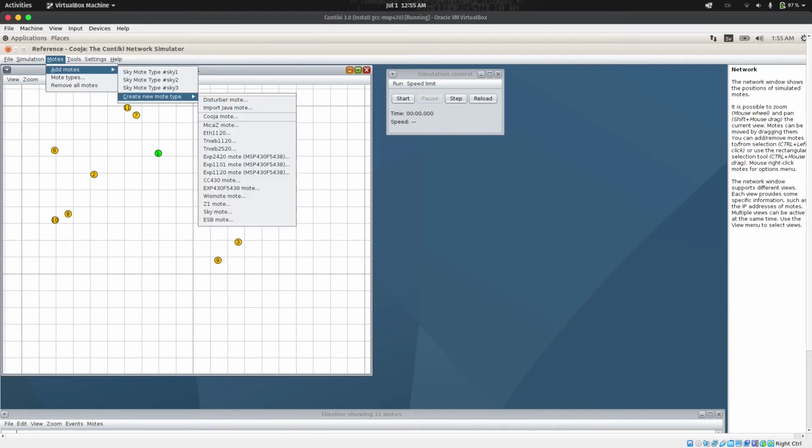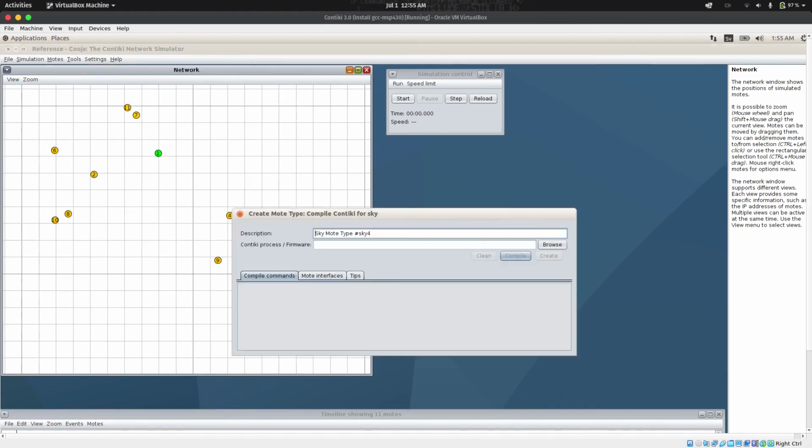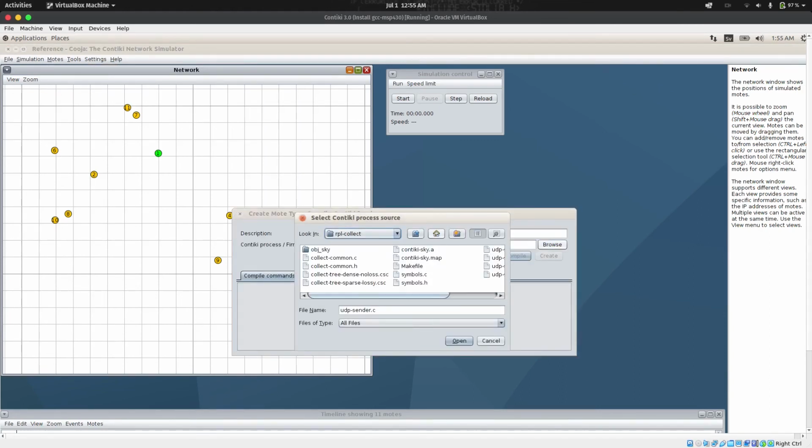Create new mote type, and then I'm going to select Sky mote, and then browse. Okay, home, then user, then black hole mote, and then examples. I'm going to go to IPv6, then RPL collect, then UDP